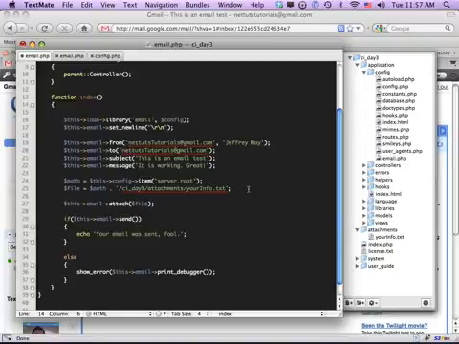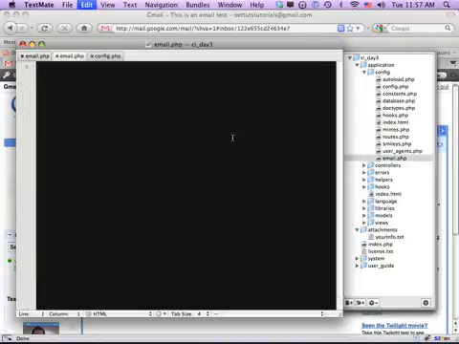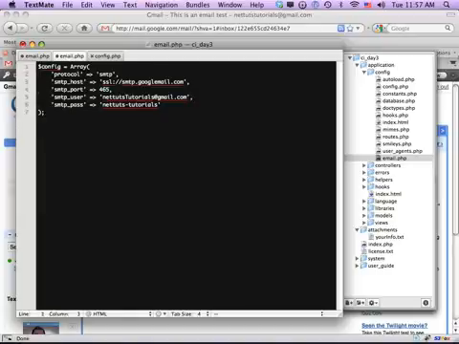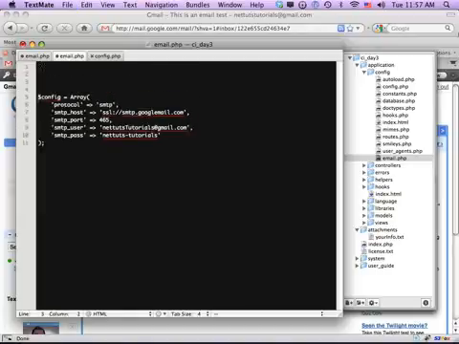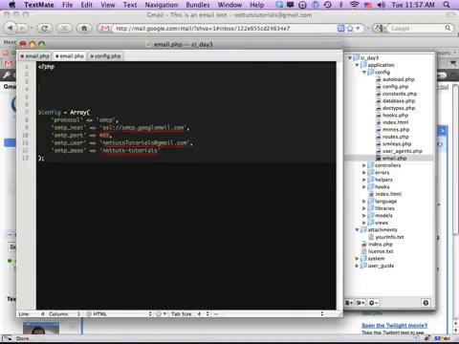So I'm going to copy this like so, and then we're going to come to our config email, and we're going to paste that in. We're not going to use it, but I'm just going to paste them in for reference. And we just need to pass in our config options. But also, of course, we want to make sure that people don't reference